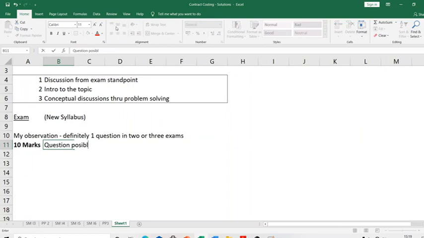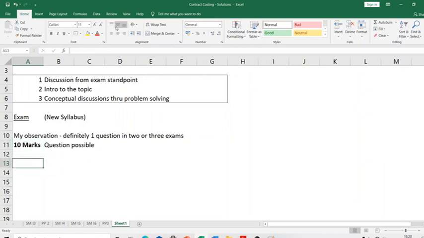Okay, you definitely have content in this chapter which will lend itself to a 10 mark question. So if this comes in the exam, you can definitely expect a 10 mark question. And sometimes you can also have a 5 mark question. Some questions are very small, and if those types of questions appear in the exam, they could occupy 5 marks in your 100 marks costing exam. So 5 marks or 10 marks are both possible, with 10 marks being the upper limit.